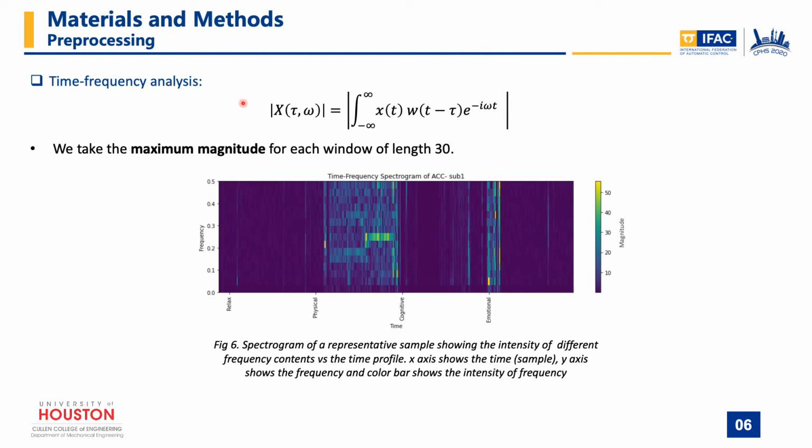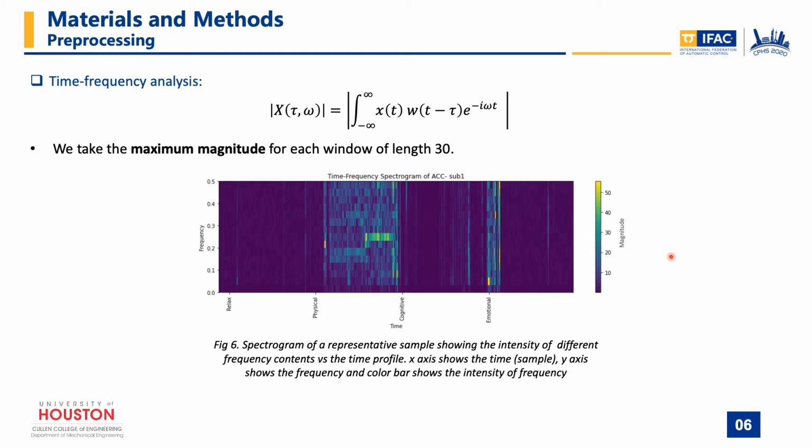Here in this equation, x(t) is the signal content in time domain, w is the window function, capital X is the Fourier transform, and tau and omega are time and frequency indices respectively. Here in figure 6, you can see the spectrogram showing the changes in the magnitude of frequency content of the ACC signal for patient 1 over time for 4 different neurological stages, which are relaxation, physical activity, cognitive, and emotional stress. In this color bar, moving from yellow to dark blue corresponds to moving from the maximum to minimum